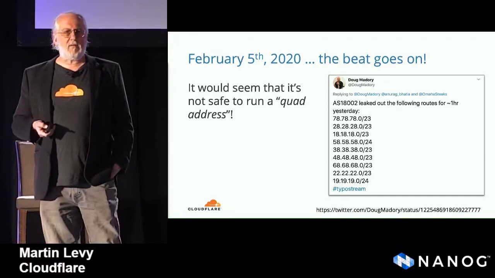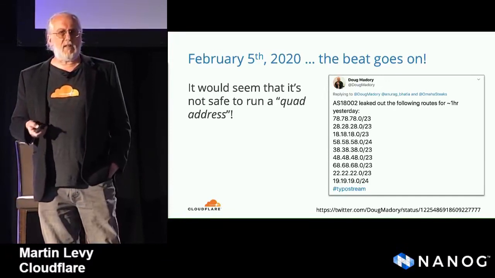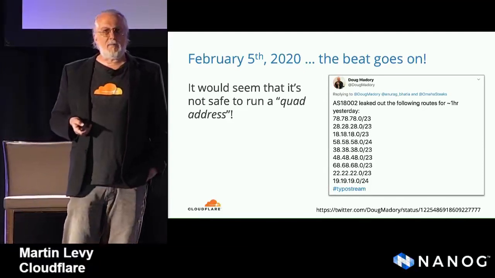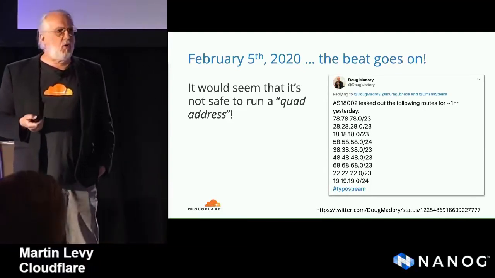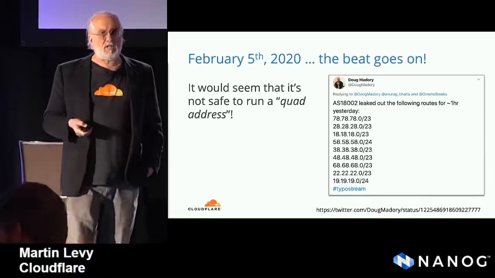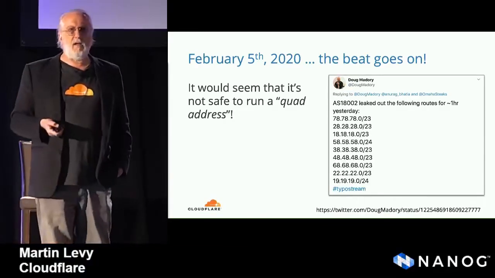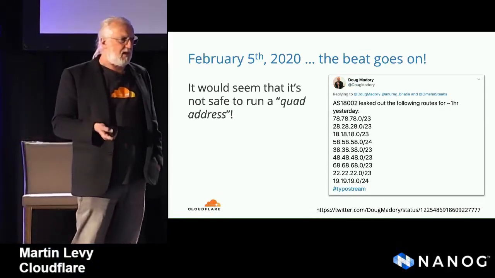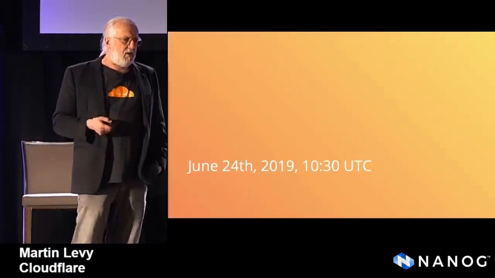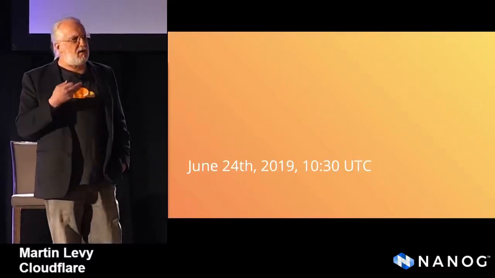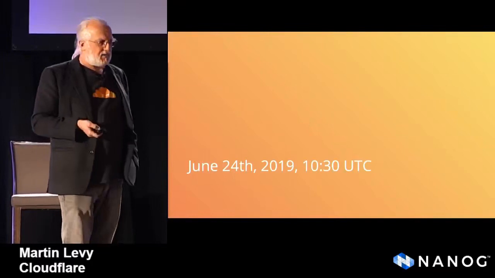Cloudflare has actually talked about the routing pluses and the routing minuses of announcing 1.1.1.1. It shows up in enormous numbers of test labs and other places by mistake. It shows up in hotels on Wi-Fi controllers, but it shows up on the global internet every now and again. Okay, so let's go down to the meat of the talk, and let's, after that nice background, talk about what happened.